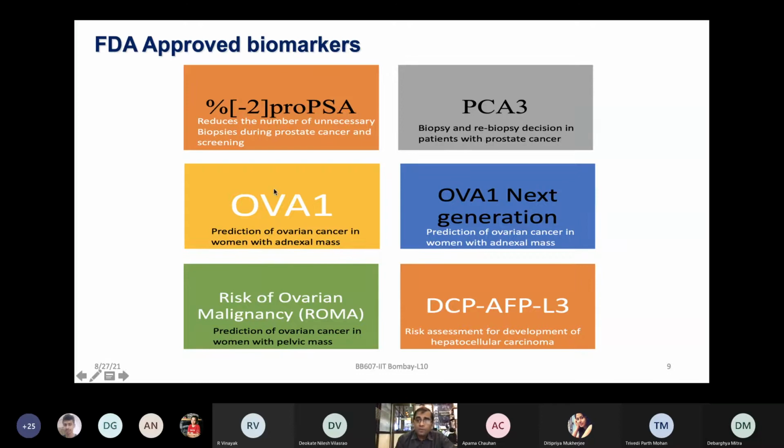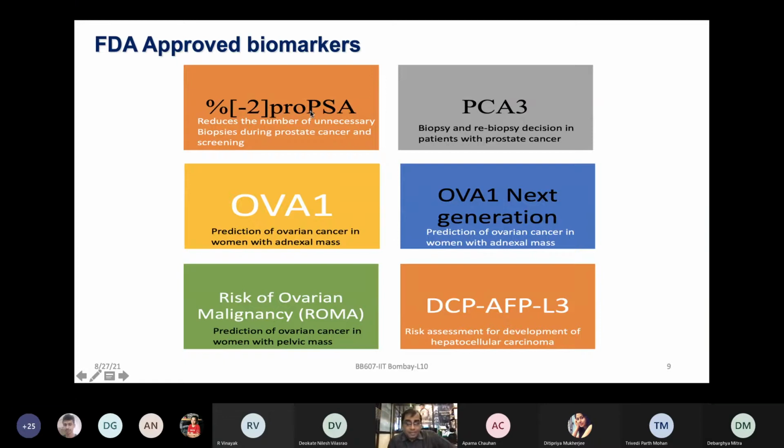So one test that came forward is the OVA1 test and the ROMA. These are quite interesting tests, and similarly, more recently, the OVA1 next generation test has come. All these can look at a panel of proteins from the plasma samples of women who are going for the routine test, and based on the sensitivity of these tests, one could say, okay, these individuals might be high risk, and now they should be referred for more advanced tests. Even at the early stage, screening can be done based on these identified protein markers.